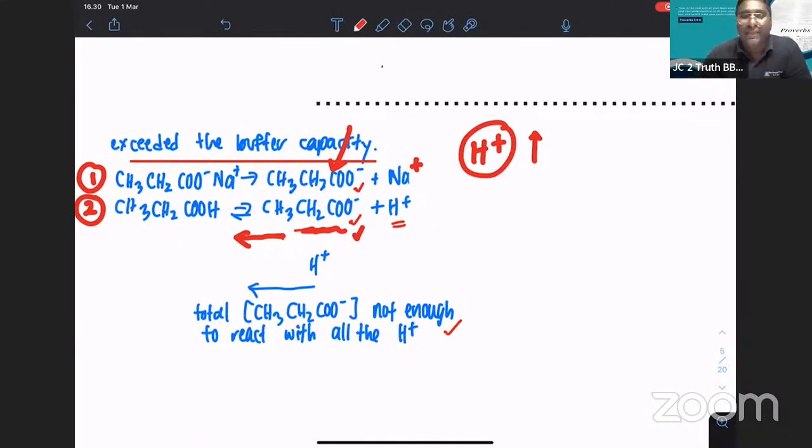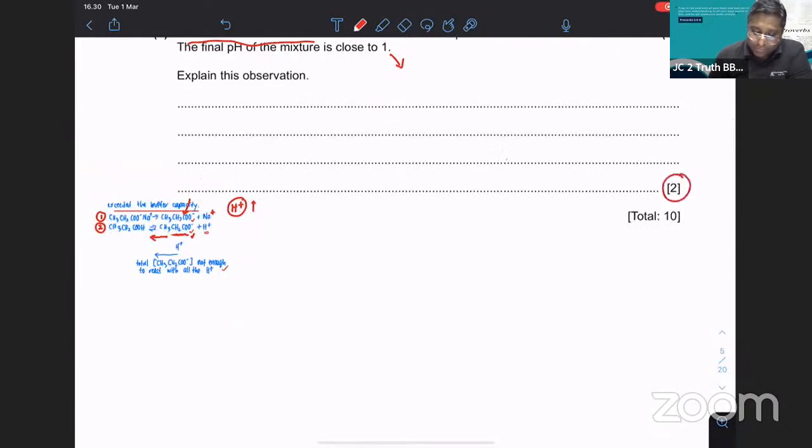The H+ from the acid will stay over here. So you can say the total propanoate ion is not enough to react with all the H+ that is being added over here. If you want to get the 2 marks, what you need to mention is that the CH3CH2COO- ion has completely reacted